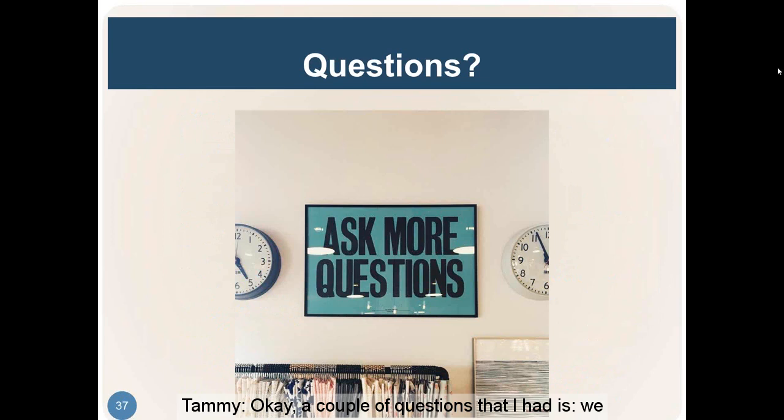Okay, a couple of questions that I had. We talked a lot about cost allocation for indirect. We also see cost allocation plans that include the direct, what they're charging directly to the program. A lot of times they're cost allocating, for example, their rent or their space, utilities, IT costs. We see a lot of that allocated directly to the program. Does that seem appropriate, I guess?